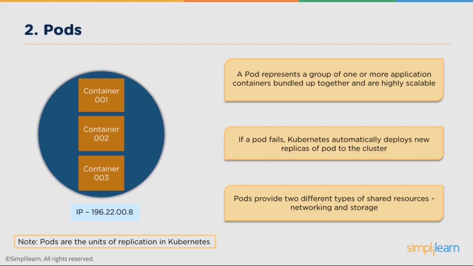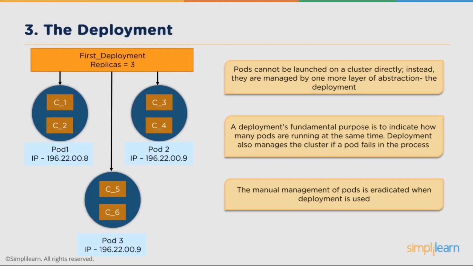And the Kubernetes scheduler and proxy server will then manage how the pods are pushed out into your Kubernetes environment. The pods themselves can then share resources for both networking and storage. So pods aren't pushed out manually. They're managed through a layer of abstraction as part of their deployment. And this is the strength of Kubernetes. You define your infrastructure, and then Kubernetes will manage it for you. And there isn't that problem of manual management of pods if you have to manage the deployment of them. That's simply taken away, and it's completely automated.